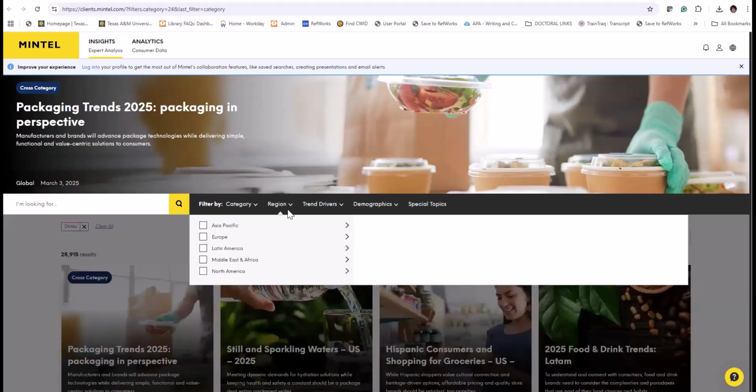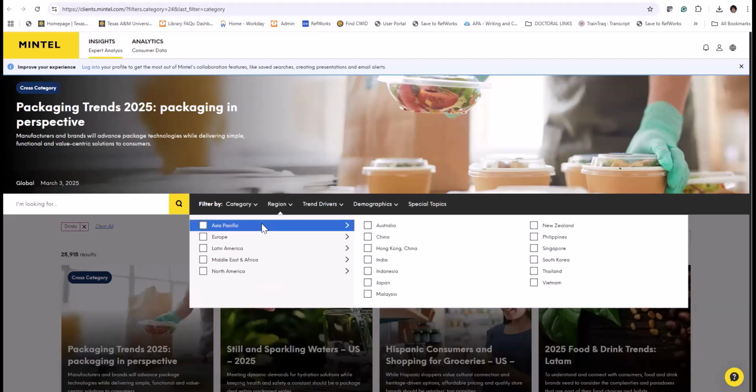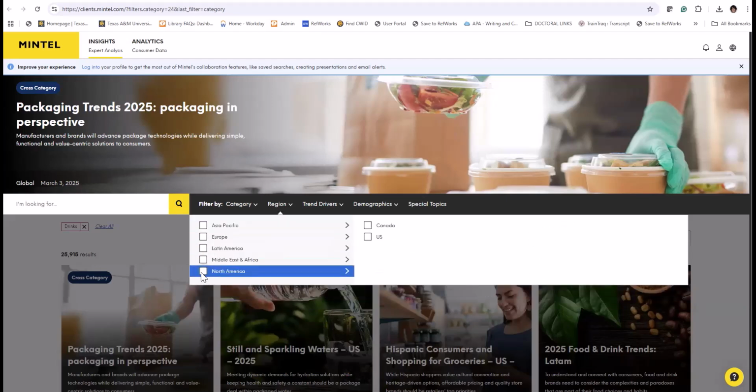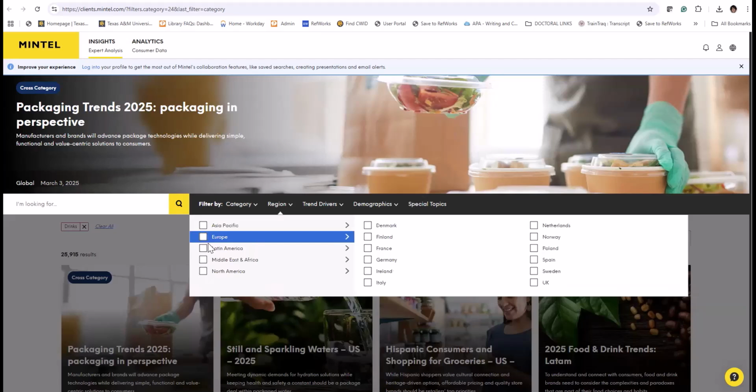Now I'm going to go to region, and I'm looking for drinks, this industry category and subcategories, in any of these. Like this, it is good because it includes around the world. It is international. Maybe it doesn't have all the reports, but at least it gives us the option to filter.